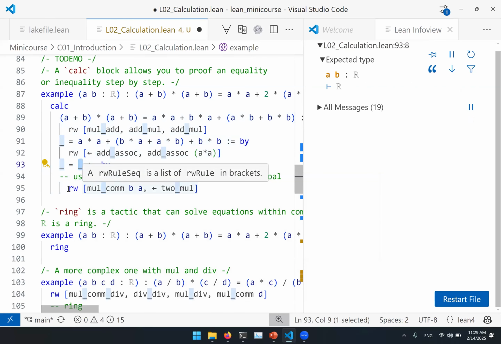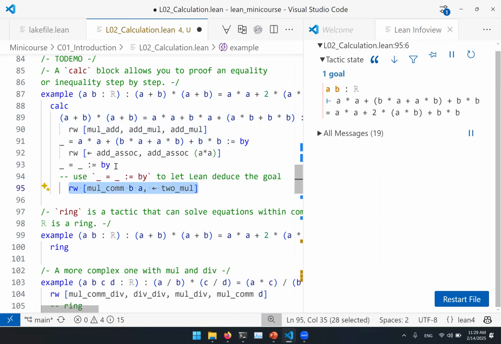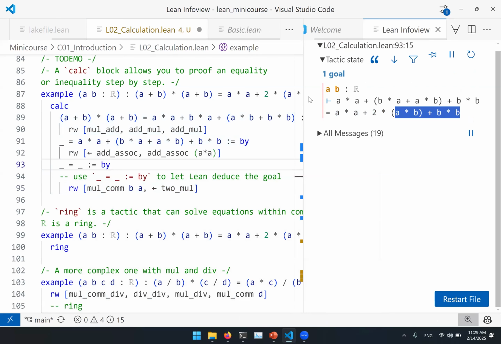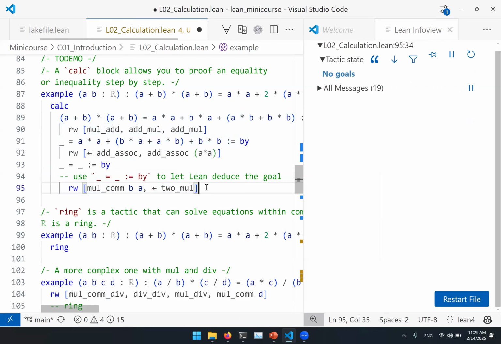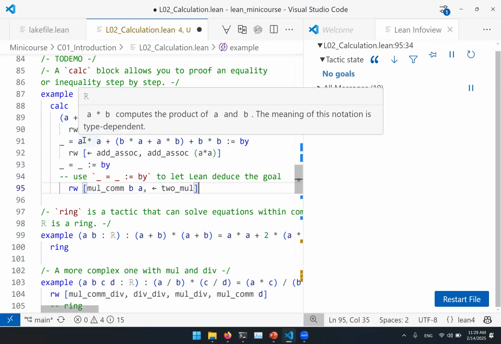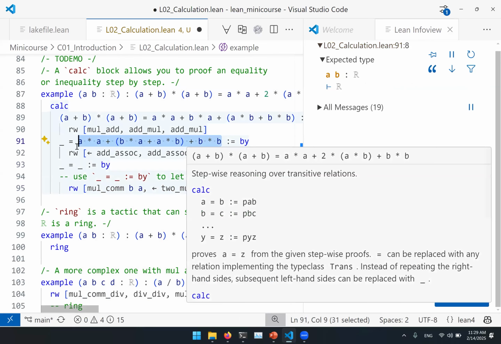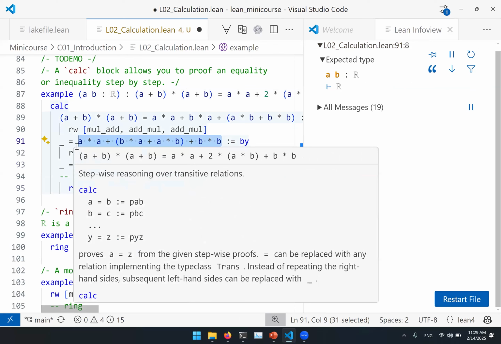So you will still need the same proof, and you will see the correct thing in the info view. And when you finish the proof, you will get this example right. In the intermediate step, can we still prove? Yeah, you can, but it will add so much effort to Lean that it will try to figure out what